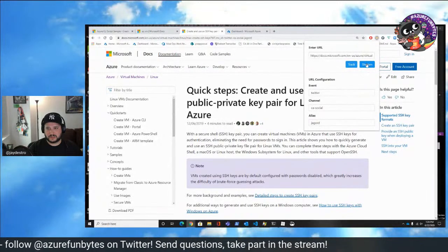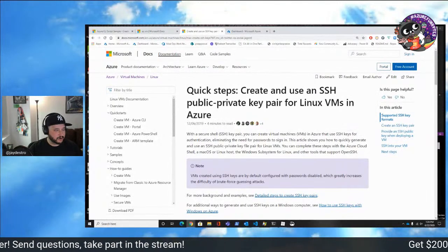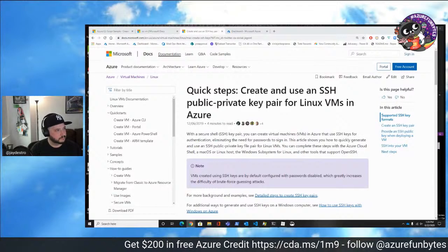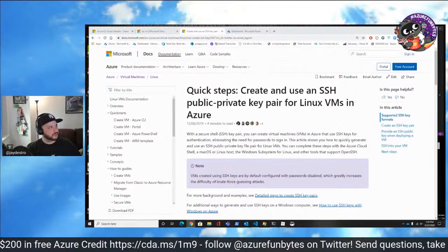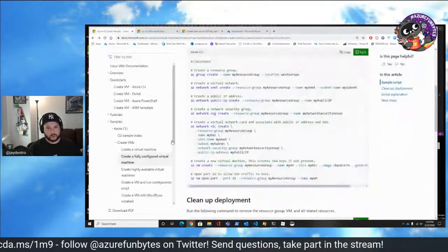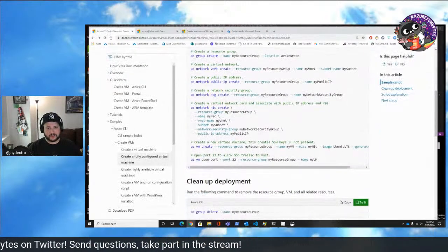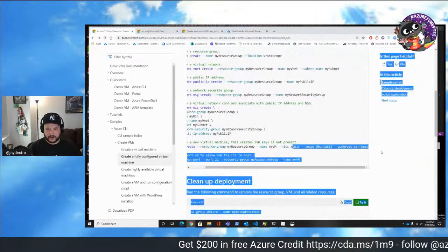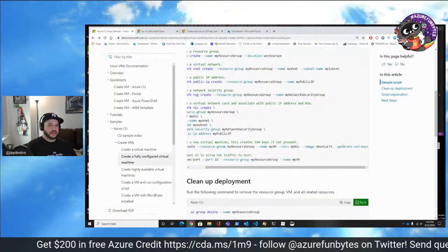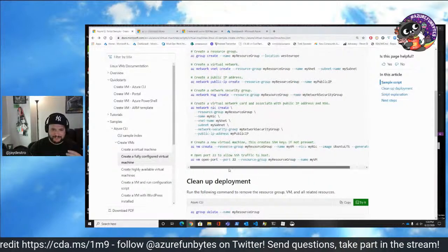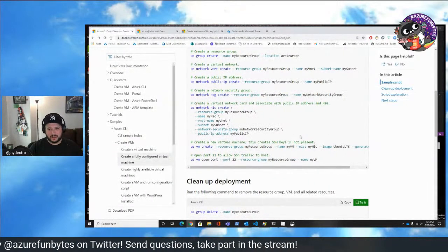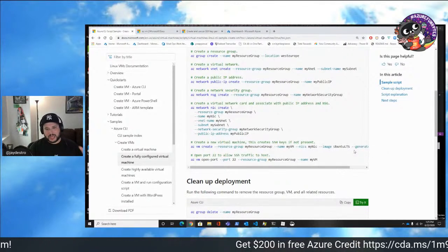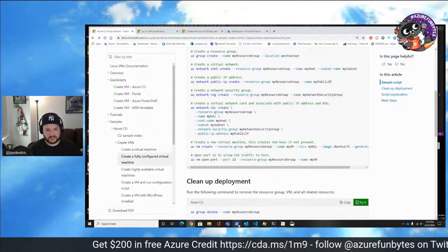So I'm going to shorten this, and I'm going to give you the key pair creation link. So that's our key pair creation link. Why is this important? Well, when we create our VM, there's an area right here called Generate SSH Keys. Here's what's going to happen. If I don't have an SSH key created, by default it's going to quick create a VM, and within that quick create VM, it's going to create an SSH key for me.